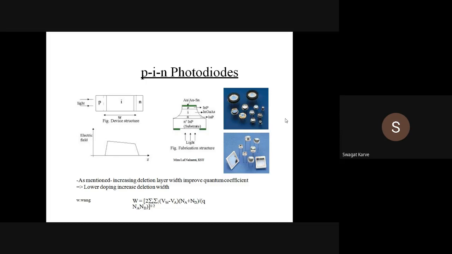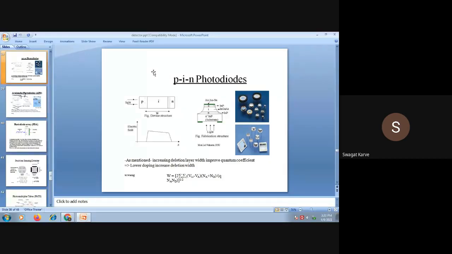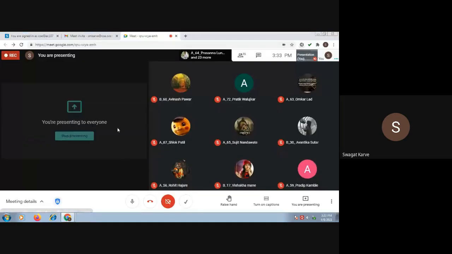And after that, the last point will be the phototransistor. Okay, so for today we will stop here. In the next lecture we will start our discussion with these PIN photodiodes and their working principle. If you have any query or doubt regarding the basic three types of optical detectors, that is photoconductive, photovoltaic, and photoemissive, okay, these are the basic three types of optical detectors that we have discussed today, along with their working principle and all that. If you have any query, you can ask me right now.